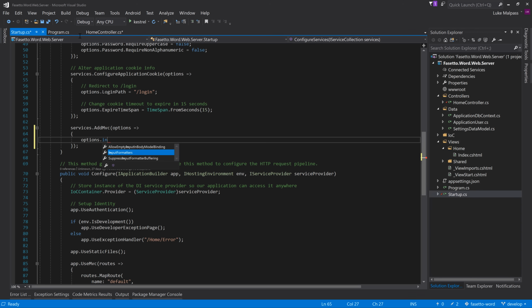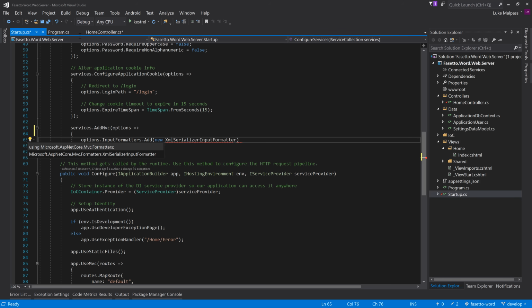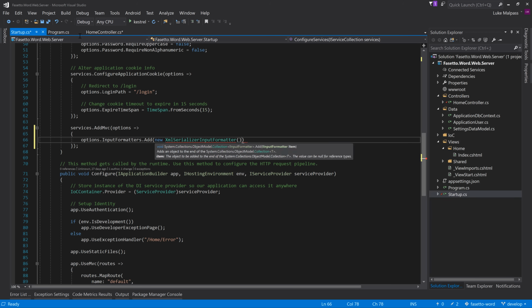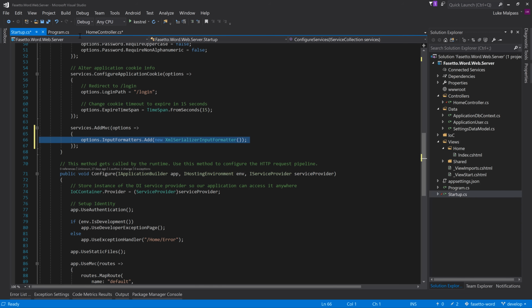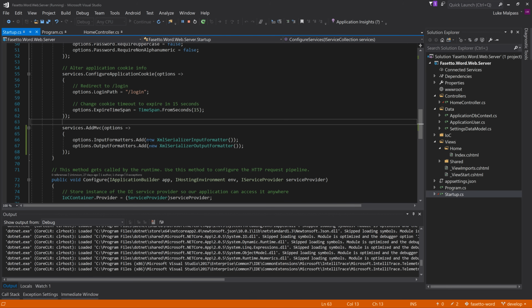So in the input formatters, we'll add a new XML serializer input formatter, I think it's called. Yep. And that's a built-in formatter that they provide. Copy and paste, change to output formatters, and obviously change that to output formatter. Right, so with that in now, if we run this again, this should now get picked up when the client